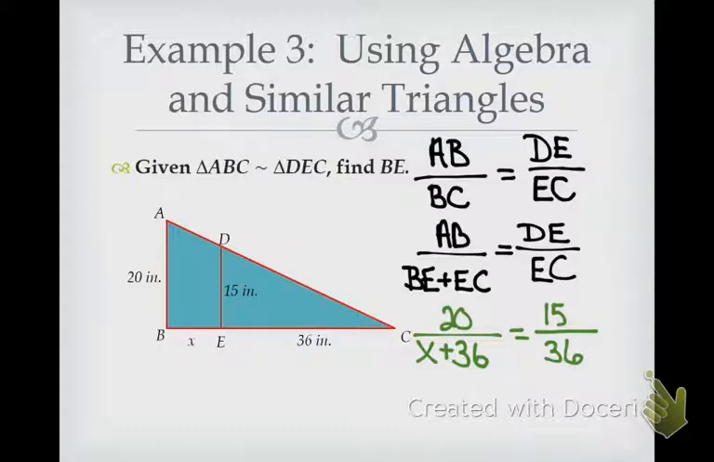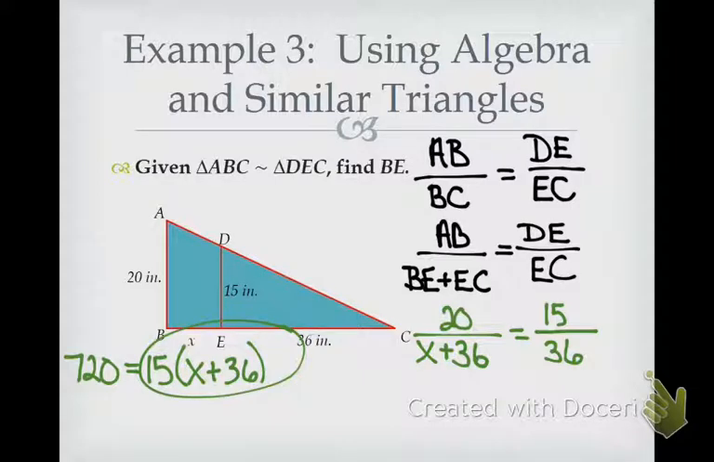36 times 20 is 720, I think. Yeah. Wait, so you would multiply. Yes, now you're going to do 15 times x plus 36. Oh, okay. Yep, distributive property. So you multiply diagonally still, but now you have distributive property. So go ahead and do this distributive property. Go ahead and do that on your paper. All right, so 720 equals 15x